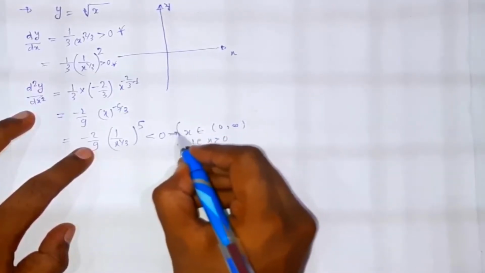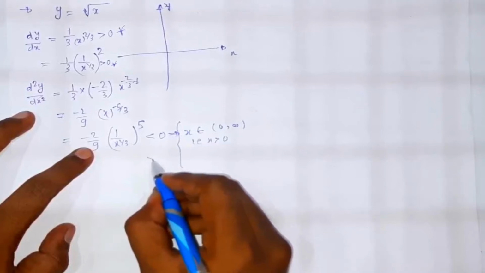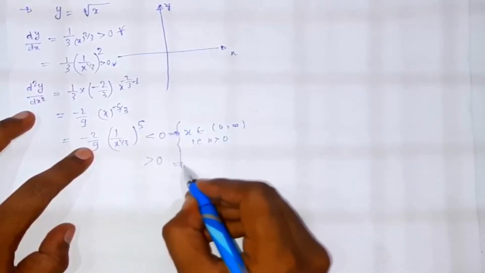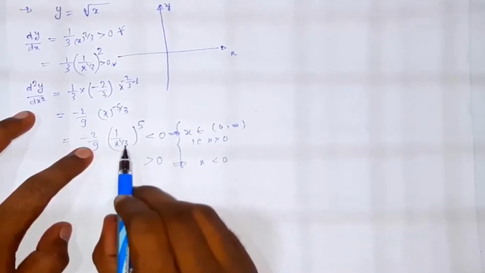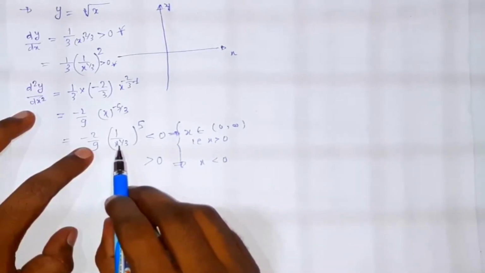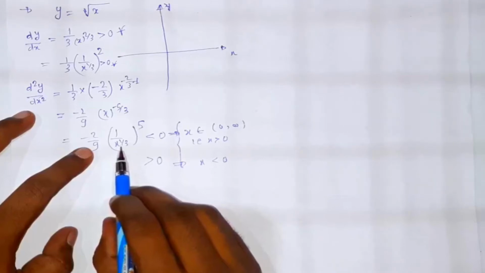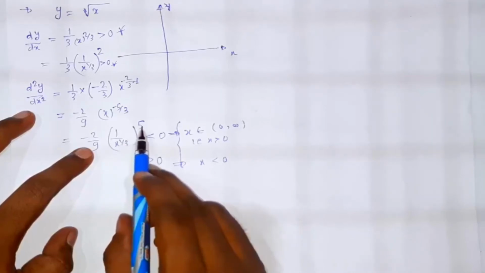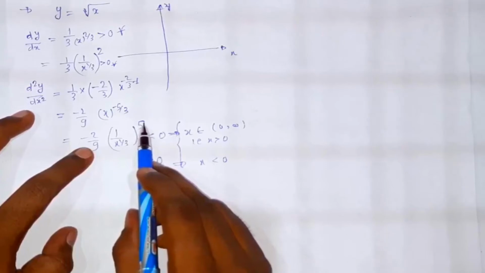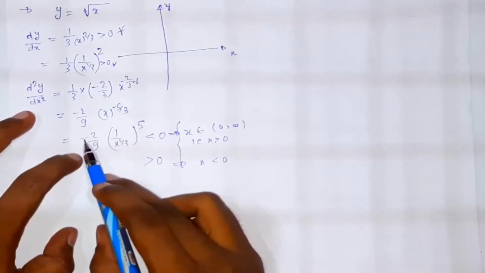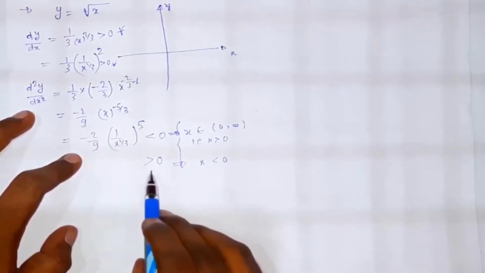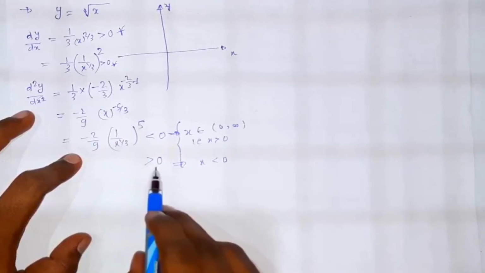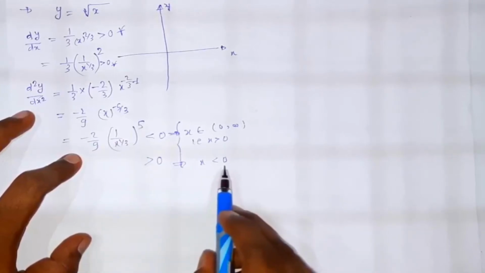And it will be positive for every value of x less than 0, okay. Because if I'm putting x negative, then this portion will be negative, and I'm putting a power 5. Then again an odd power is there, so the negative sign will come outside, and negative will become positive, okay. So this portion will again become positive. So we can say this function will be positive for the values of x less than 0, okay.